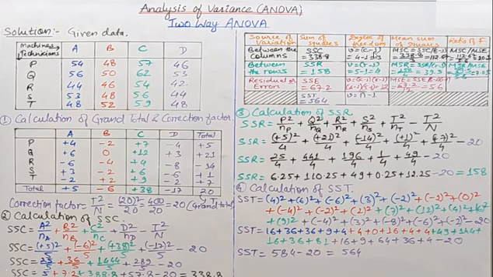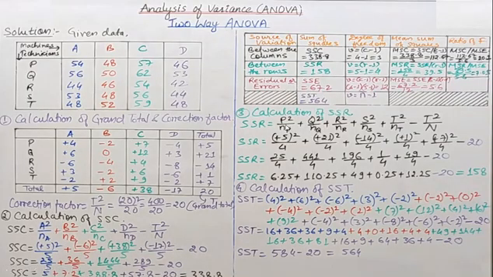And the degrees of freedom correspond to between the columns, between the rows, and residuals or errors. Okay, we have all the values and we will put all the values in the table. So first of all we have to calculate all the values. So now we calculate the value of the SSR. We have calculated the value of the SSC. Now we will calculate the value of SSR.